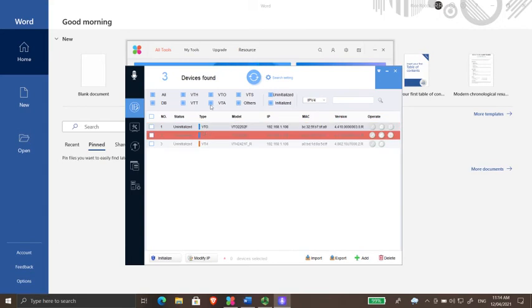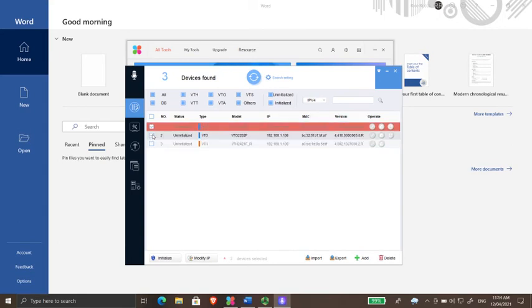Okay, so we can start on the VTOs. We can just select them here. I'm doing a 2-to-2 setup in this case, but that covers everything. If you were doing a 2-to-1 or a 1-to-2, it would be the same process, you just wouldn't add the subs. So if we select both of our VTOs and come down to initialize